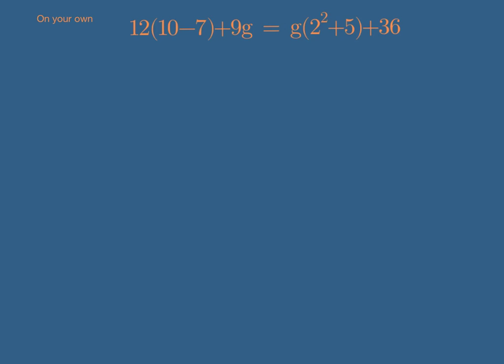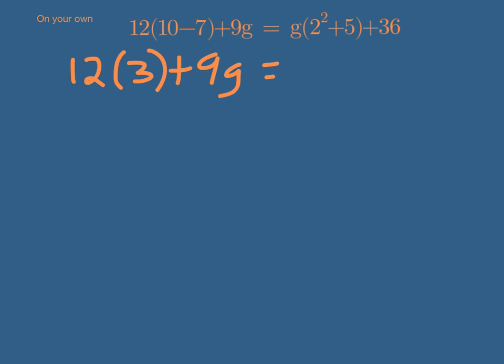Alright, let's see what you guys got. Solve this problem on your own. Pause the video, take your time, work through the order of operations, and see which solutions will work for this. If you did it correctly, you'll have 10 minus 7 is 3, because that's in the parentheses. So you'll have 3 left, plus 9g